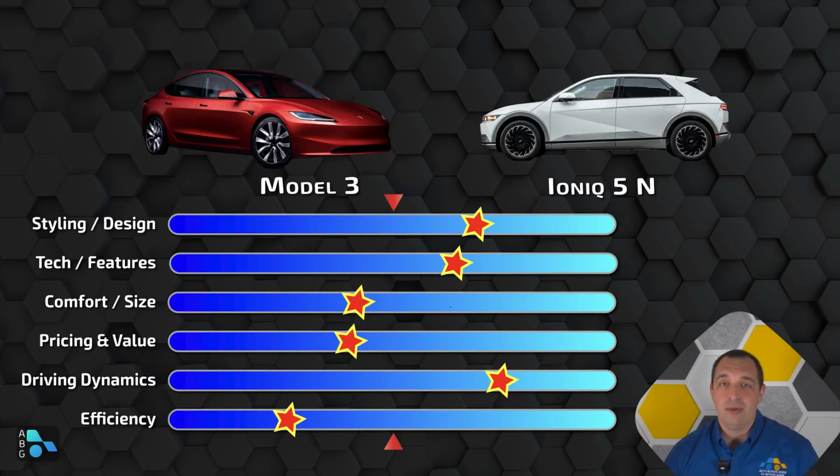And while you do get a drop in efficiency on the Model 3, it's not nearly as severe, but it's also not nearly as dedicated to a performance model. So when it comes to your everyday driving, that Model 3 might be a better fit for you. But if everyday driving isn't your biggest concern, or you are willing to make those sacrifices, then I would definitely